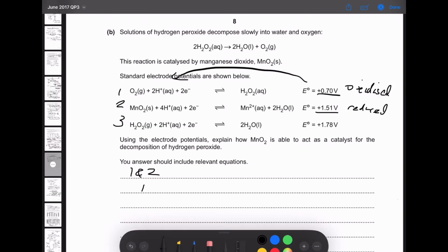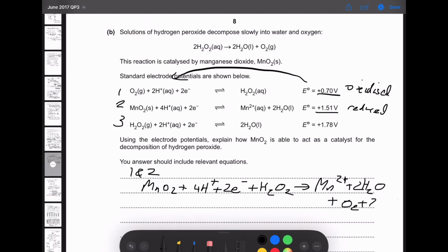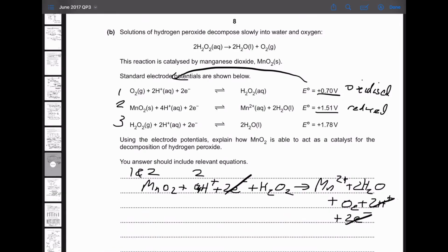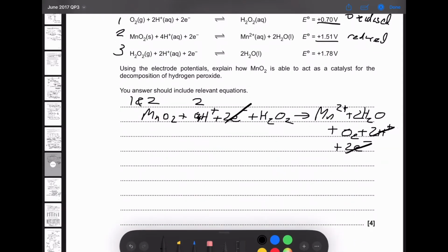So if we were to combine these, we'd get MnO2 plus 4H+ plus 2e- plus H2O2 gives us Mn2+ plus 2H2O plus O2 plus 2H+ plus 2e-. Now what can we do with this? Well, our electrons cancel out, and 2 of our hydrogens from this side cancel out. Does anything else cancel out? No, it doesn't. So our combined equation for 1 and 2 is